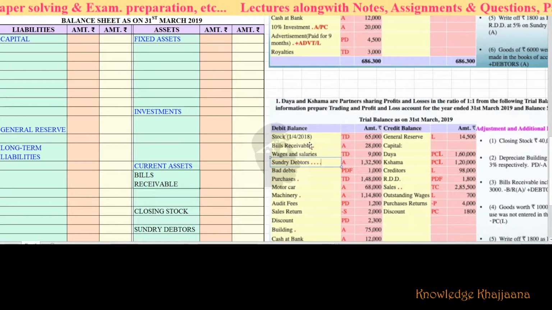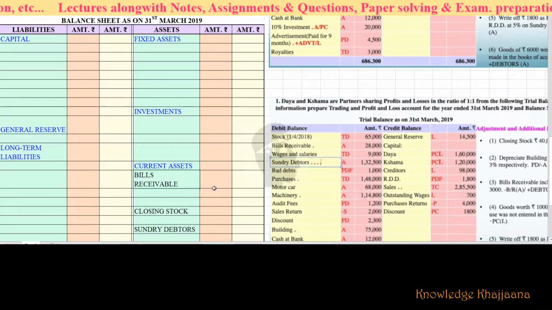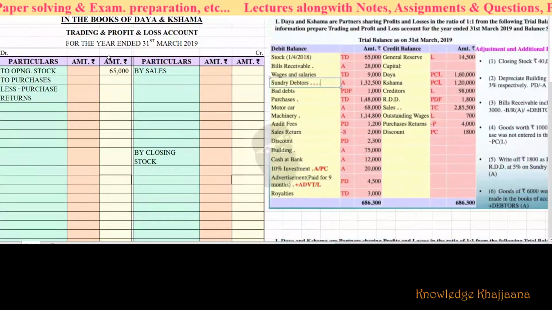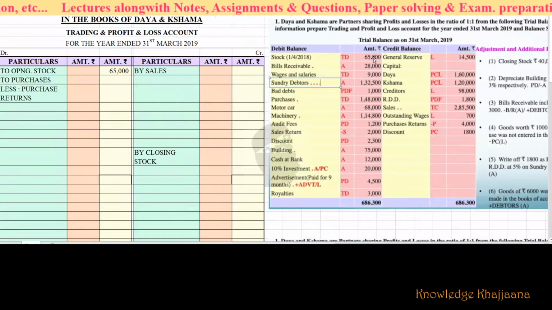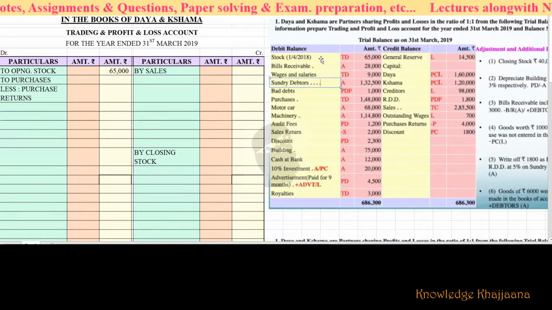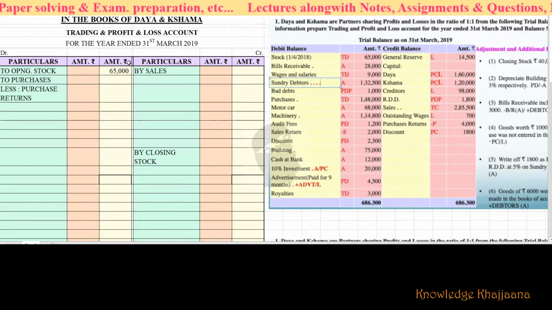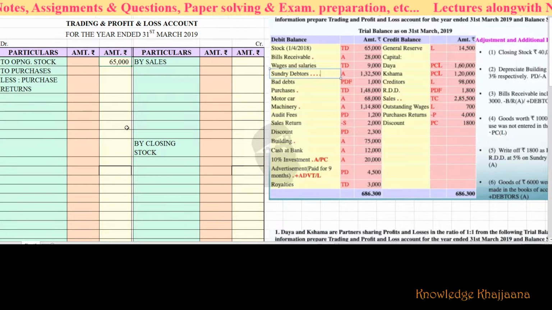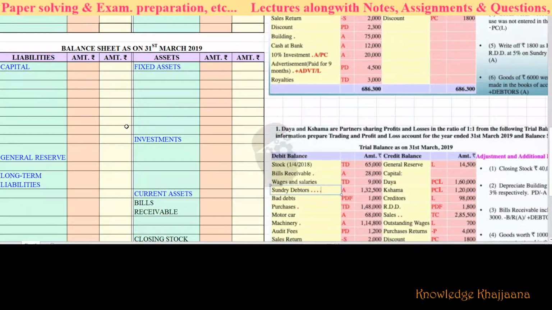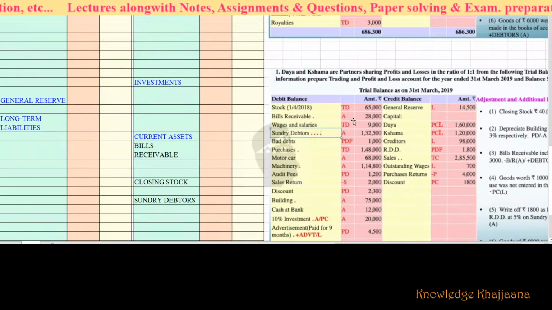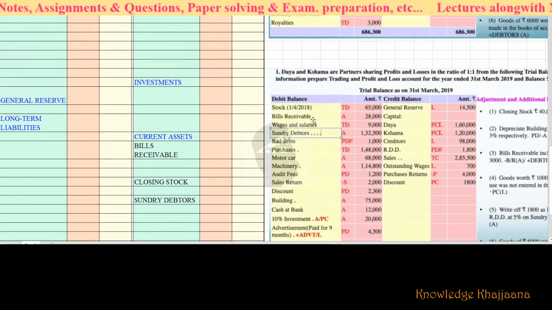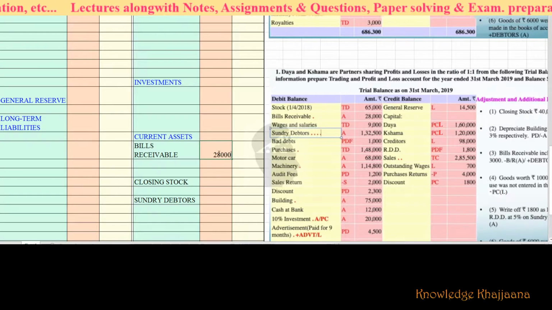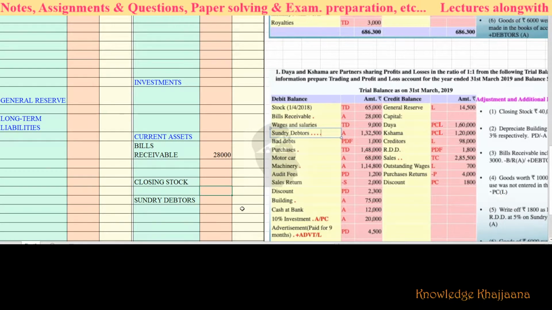Bills receivable, for the second entry of bills receivable, it is an asset. So what is the amount of bills receivable? See, trading account for the stock, rupees 64,000, there was no adjustment, so we have written it in the outer column. Opening stock rupees 65,000, we have written in the outer column. Next, bills receivable. It is an asset. One adjustment is over there, so we'll write this much of amount over here, 28,000, right? So bills receivable 28,000.